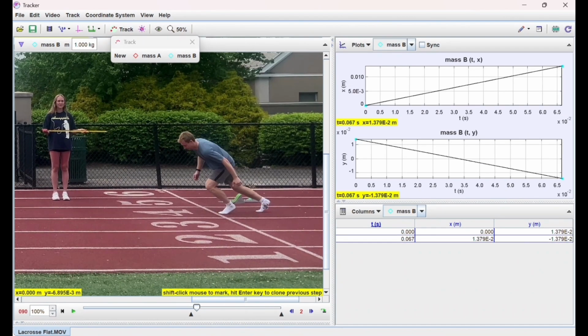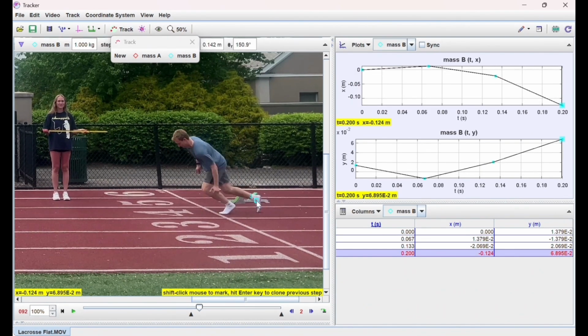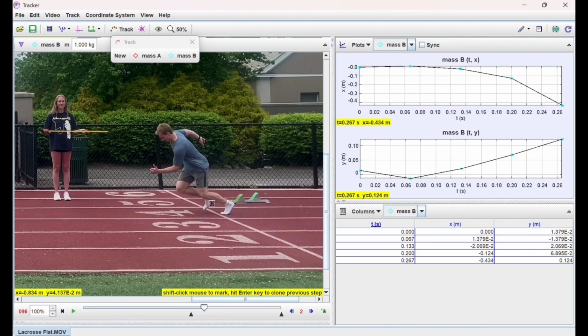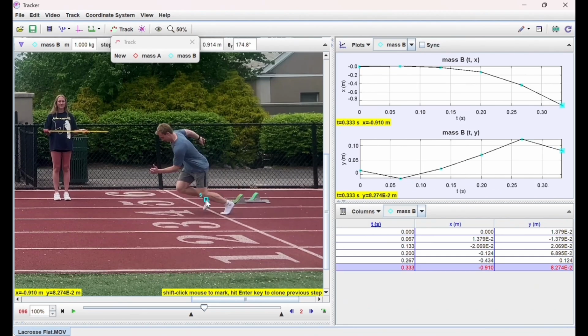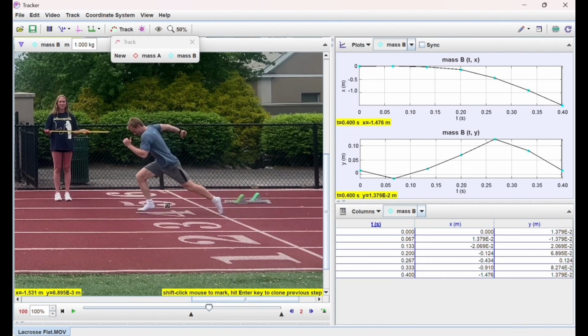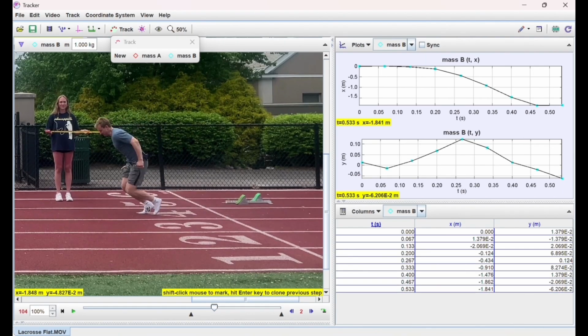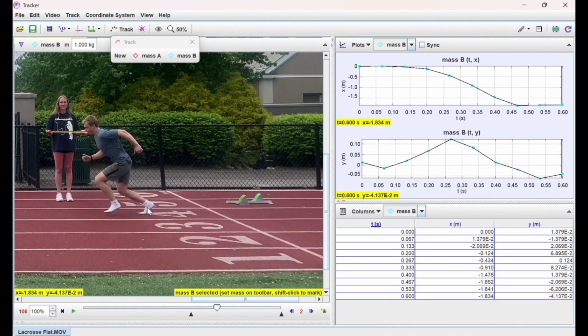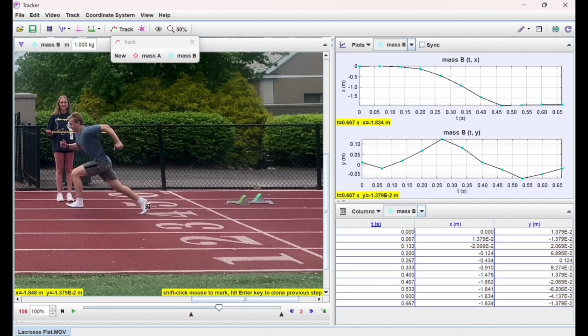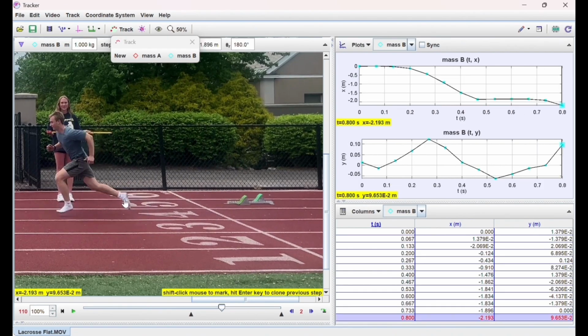Okay, here I am going to do the angular acceleration. To do this, we have to track a part on his foot, so I'm just choosing the middle of his foot, as you can see in the video. I chose his rear foot just because it's the one that moved first. So you can just see me continuing to click on this foot